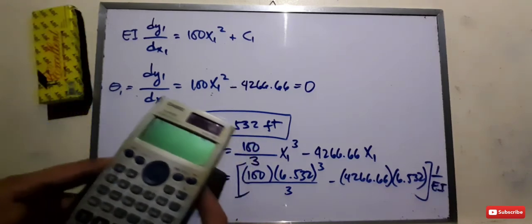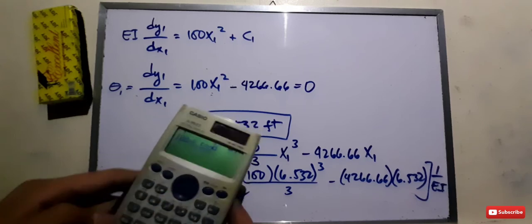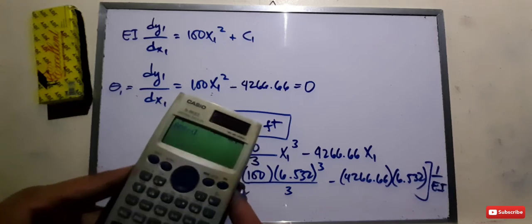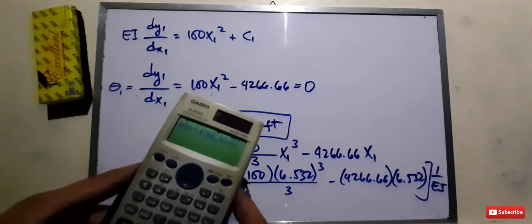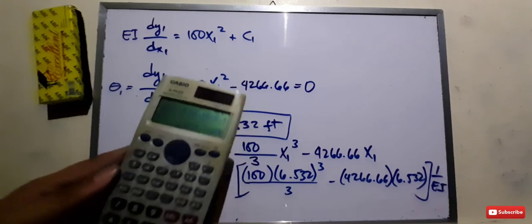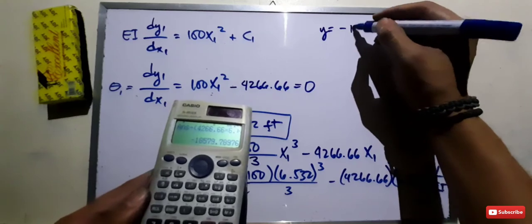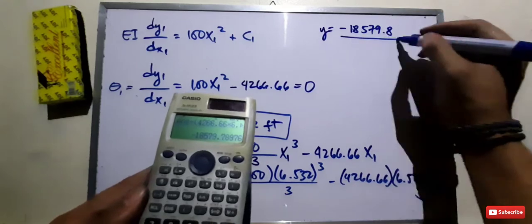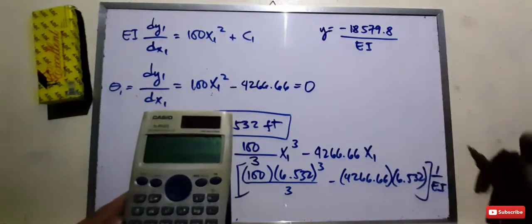Kasi wait man natin yung sa taas, magiging 100 times 6.532 raised to the power of 3 divided by 3 minus 4266.66 times 6.532. That's so y equals negative 18,579.8 divided by EI. So ang unit natin dito is pounds